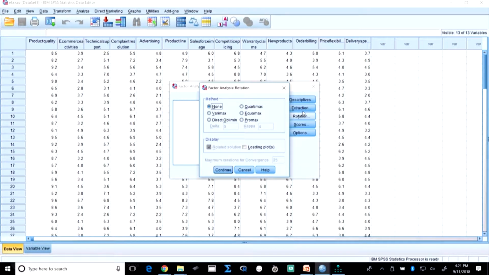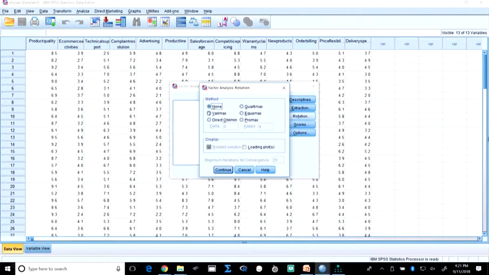So, and I said why do we rotate, if you remember, sometimes to get a simple structure, we want to rotate the variables, so that the variables are placed in such a manner that they are not loaded too much into one factor and very much less onto the other, but they are more or less equitably distributed. Okay. So, the most popular among the orthogonal rotations is the Varimax rotation. Now, what is orthogonal and what is oblique rotation?